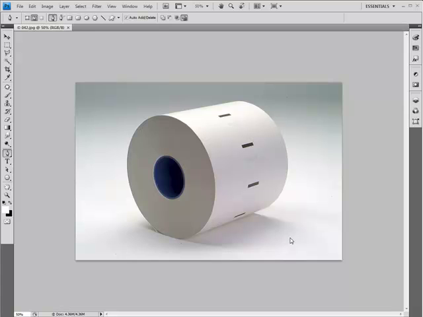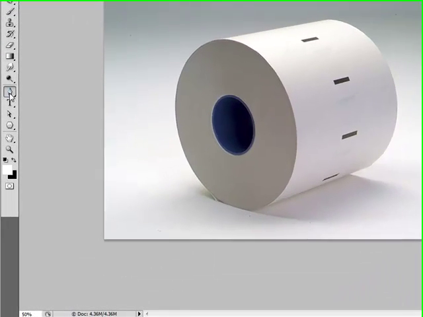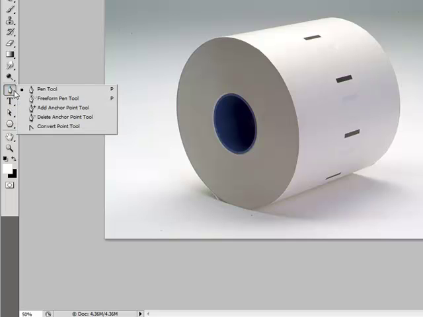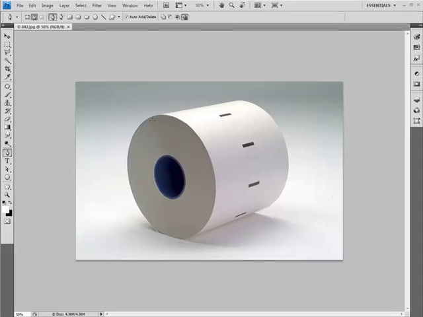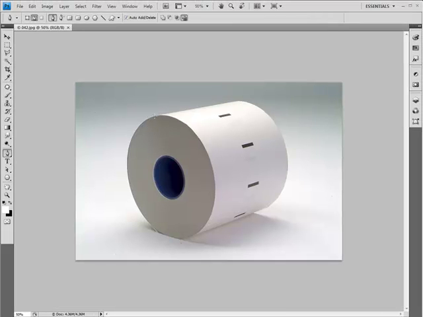A lot of us as photographers don't use the path tool very much, or the pen tool. I want to show you a little bit about it and show you it's not really that hard or that intimidating. Here is our pen tool. Now what I'm going to do, I've got a roll of paper here,